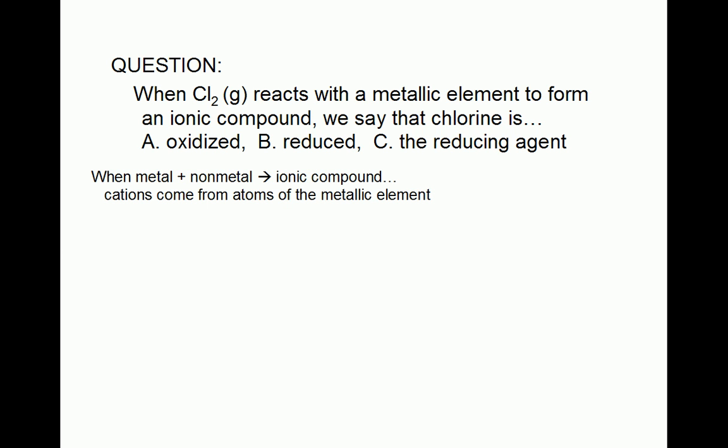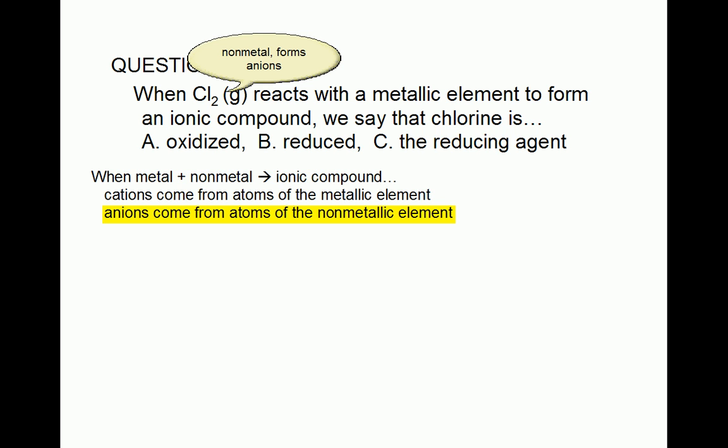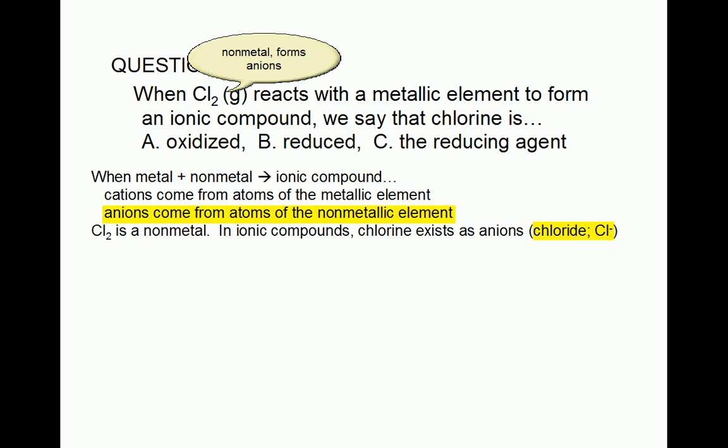The positive ions, or cations, will come from the atoms of a metallic element, while the negative ions, the anions, come from the atoms of the non-metallic element. Chlorine is a nonmetal. Therefore, in ionic compounds, we expect chlorine to form negative ions. In fact, by now you should know that the naturally occurring ions from the chlorine atom, called chloride, have a -1 charge. Therefore, when chlorine gas reacts with a metallic element, we expect to see the conversion of diatomic chlorine